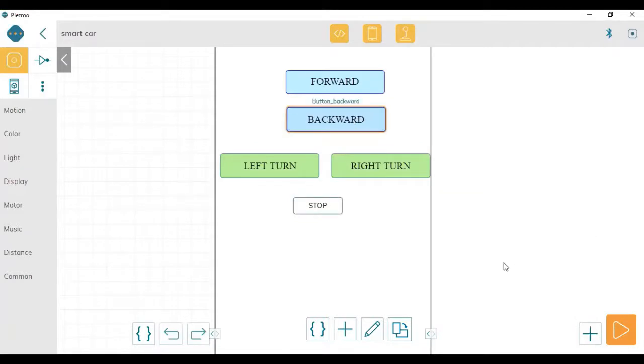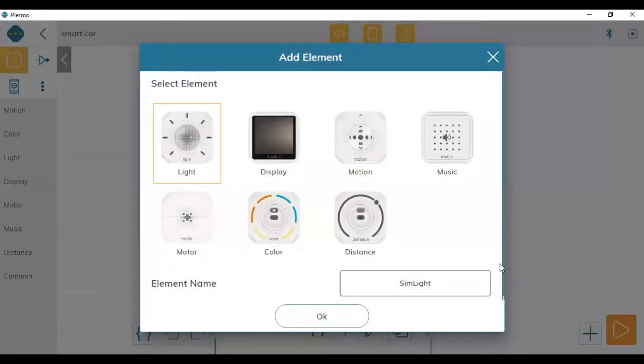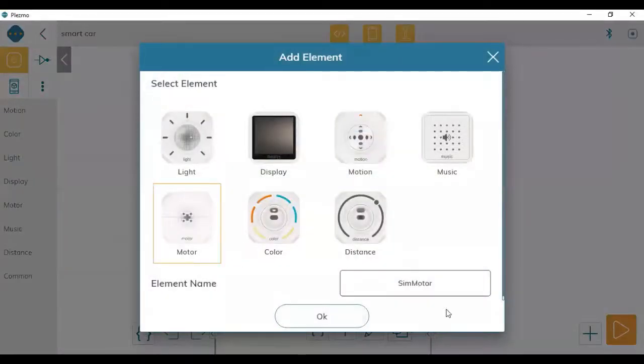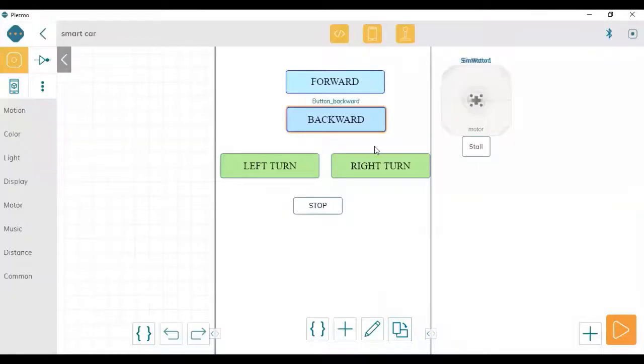Okay. So now we are going to add, as we know that we are going to use 2 motors today to move the car. So sim motor, and one more element I'm going to add, that is sim motor 1. So they are overlapping. Just do it like this. Or we will do it like this.